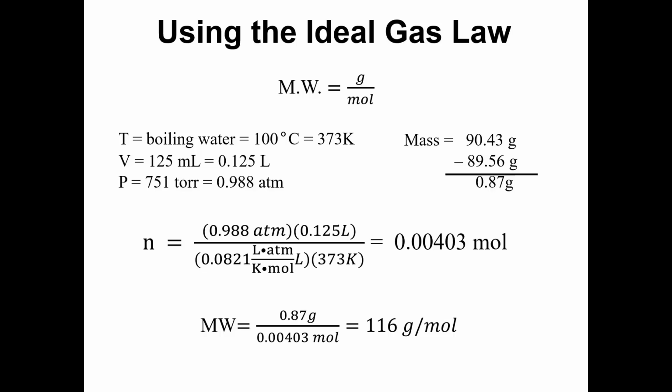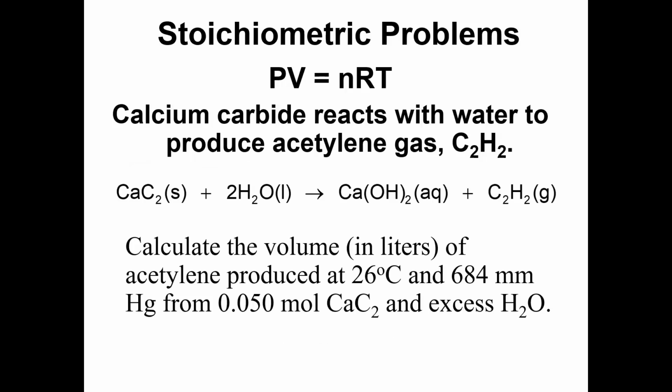You have to convert everything to the units of the ideal gas constant. So everything I gave you needed to be converted, milliliters to liters, torr to ATM, and then the temperature we got from the boiling temperature of water. Okay. Alright, so let's take a look at chemical reactions and how they relate to the gas laws, or can,